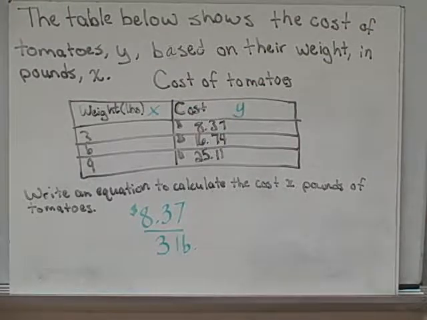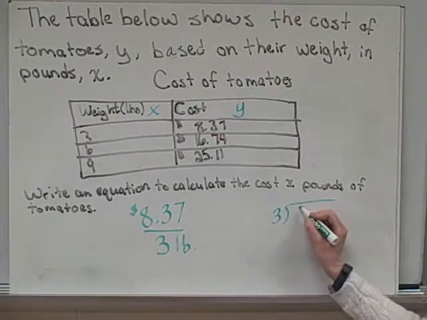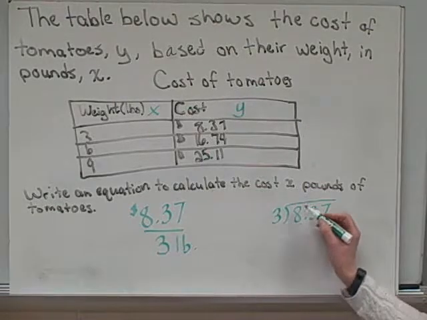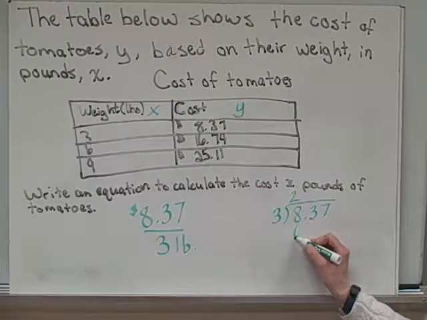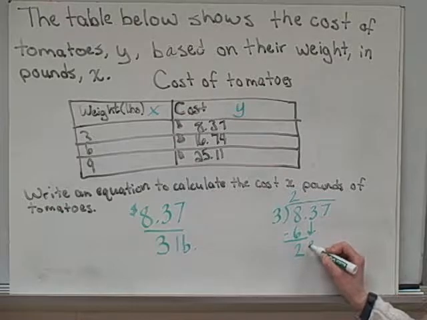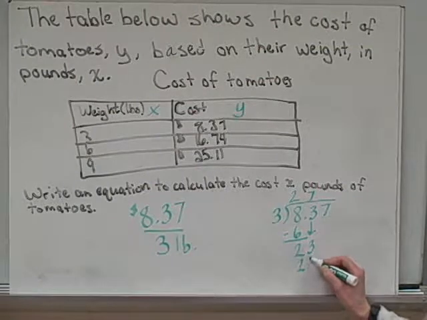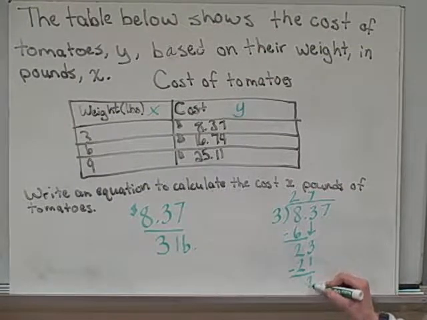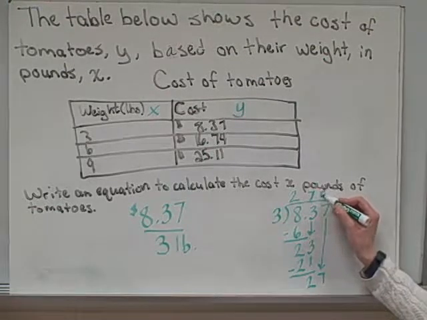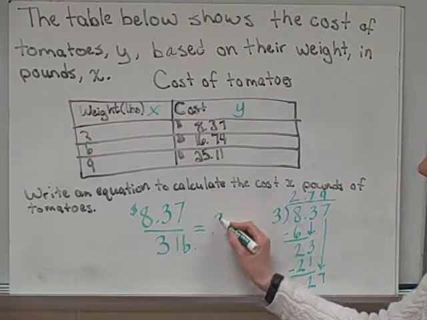Since we don't have a calculator, let's go ahead and show the division. So 3 into 8.37. 3 goes into 8 2 times. 2 left over, bring down the 3. 3 goes into 23 7 times. That's 21, with 2 left over, bring down the 7. And 3 goes into 27 9 times. Bring up our decimal point. That means the cost per pound is